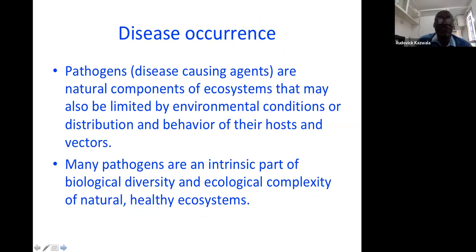So we need to just remind ourselves why disease occurs. And I think most of the participants are aware how the disease occurs. The pathogens are either intrinsic or they are introduced into the ecosystems, and therefore they will affect the appropriate hosts. And in that interaction, we may have disease conditions which are either fatal or mild, or what we may call subclinical, but also those infected may be carriers of those pathogens to other species.